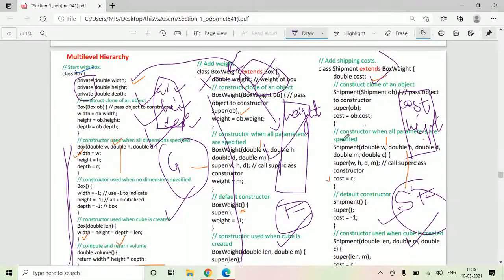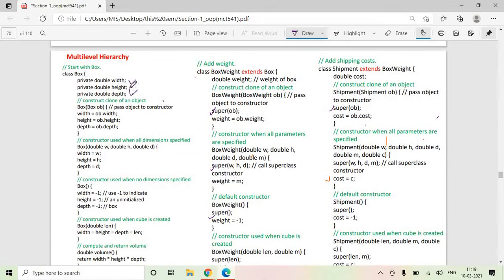To ready this second floor, either of these constructors should be called, which will initialize the value of cost. Definitely weight value will also be assigned here. So this is how your constructor gets called internally when you create an object of the most derived class, because width, height and depth are private.